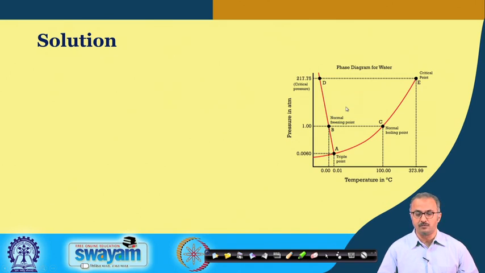And this is for water, and we see that our temperature lies somewhere on the right hand side of this 100 degree centigrade at 1 atmosphere, and the temperature of the ice is below the freezing point. That means here somewhere it is 0 degree centigrade. So ice is somewhere here at 1 atmosphere. Okay. So we have to go from the solid zone to the superheated vapor zone.